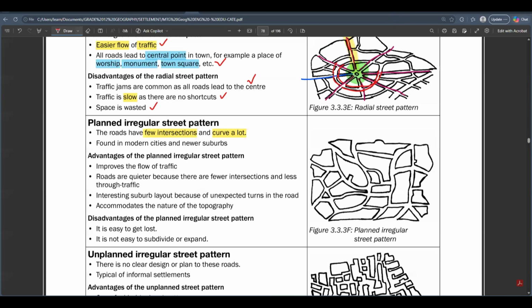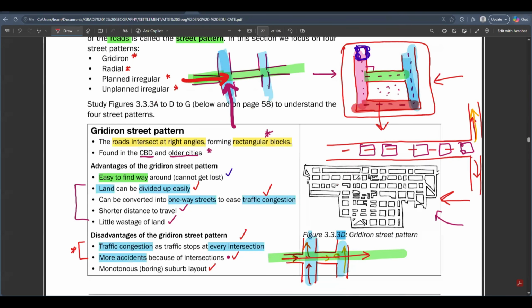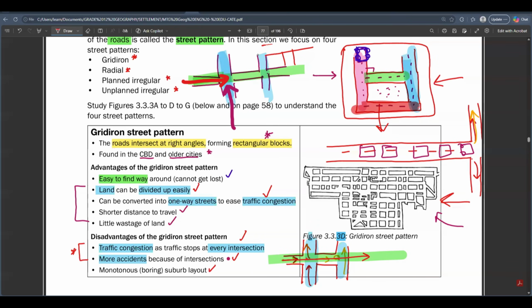You can see that here, the streets are not that much straight. The streets are curvy. So the roads tend to curve a lot. They've got curves, but there are fewer intersections. Normally, the roads don't get to meet that much compared to the gridiron. Remember the gridiron straight pattern, the roads were meeting each and every time you see another road that is having a 90 degrees intersection, and you see another road that is having a 90 degrees intersection on the other side. You see another road continuous. That's what is a gridiron straight pattern.